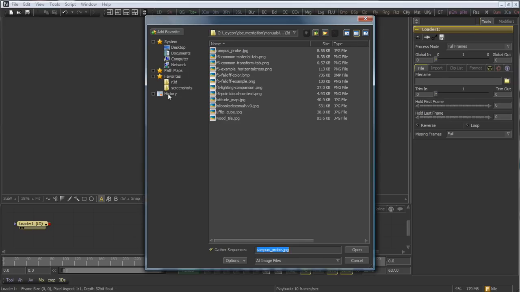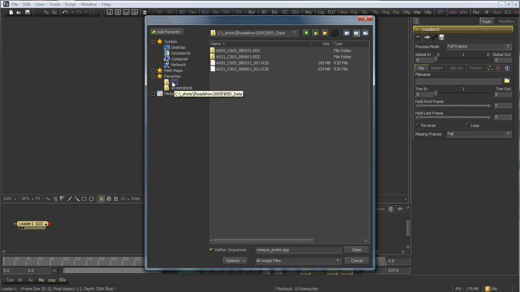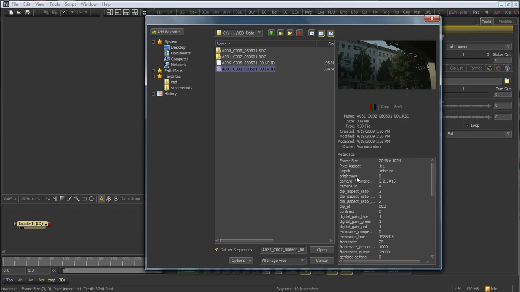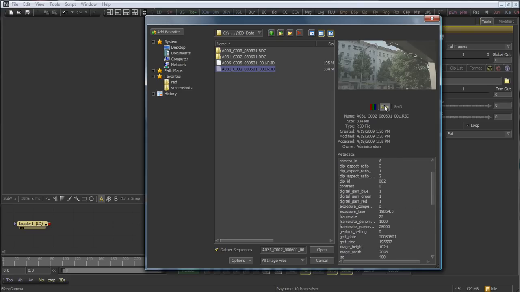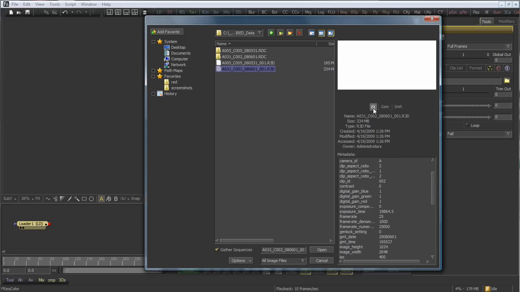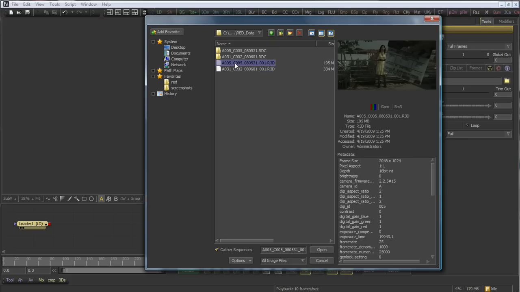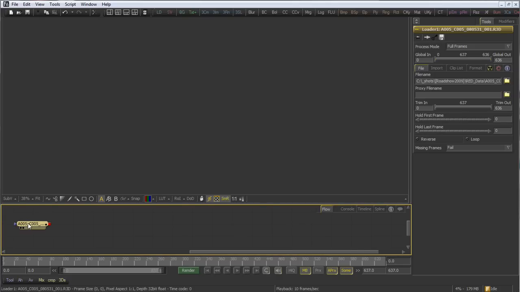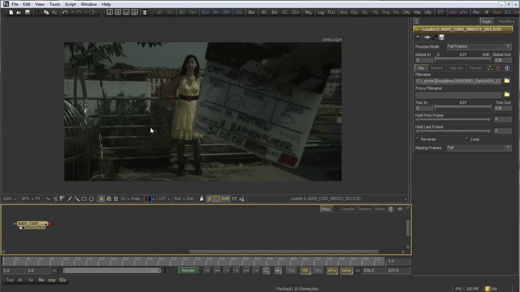We'll begin with a look at Loader's File Browse dialog, which has several small changes, such as the ability to rename the folder name for a favorite bookmark. Additionally, we can turn on a thumbnail view, which allows us to see a thumbnail image of all of the folders or images in a folder. That'll show us metadata associated with that clip, as well as the ability to apply a gamma adjustment or to toggle between RGB and alpha. Once we select the image, we are also able to adjust the thumbnail size and then import that into our